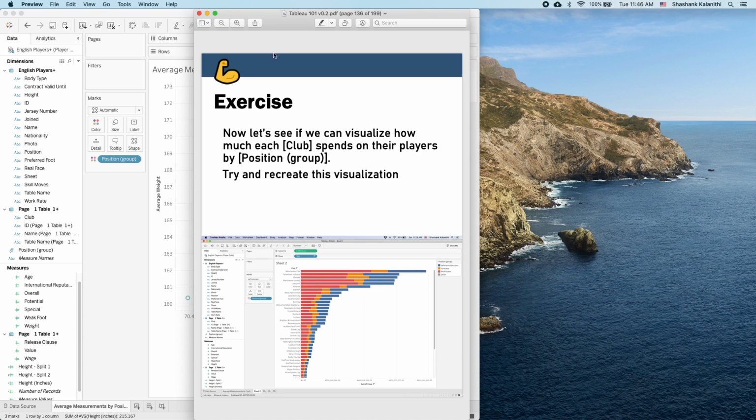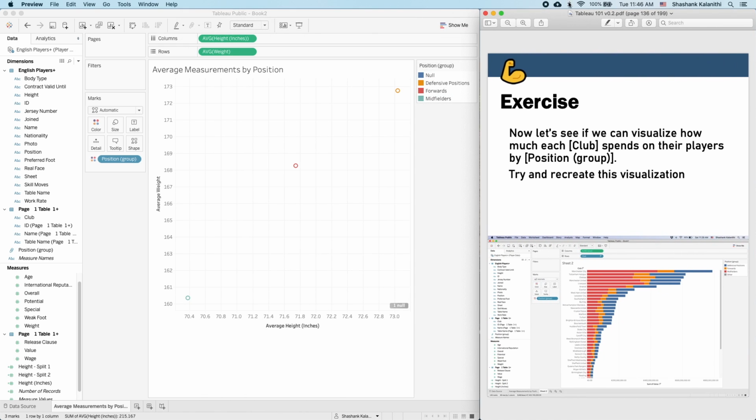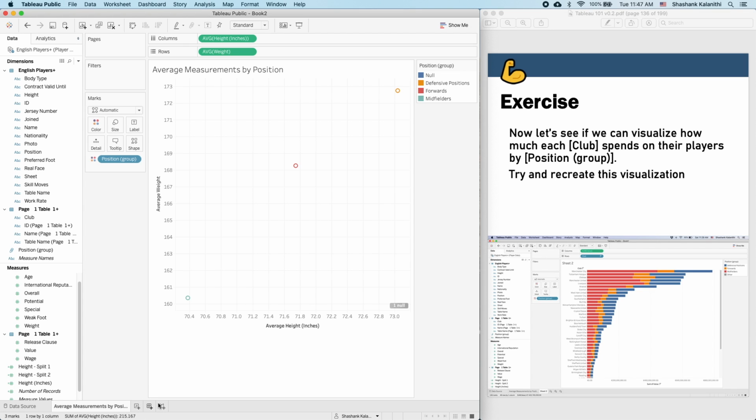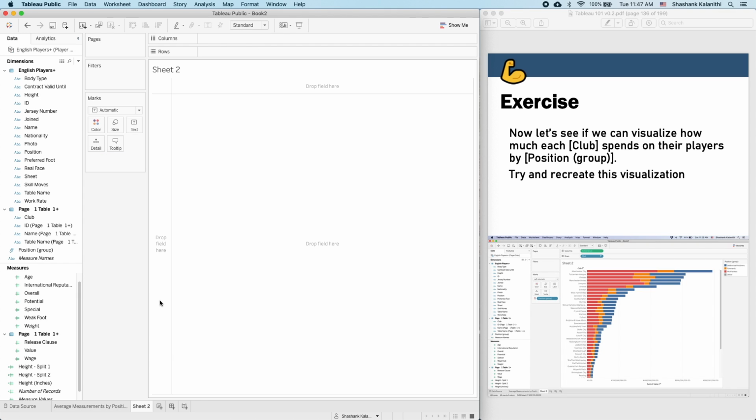All right, so let us see if we can recreate the visualization. What we're trying to do here is see how much each club spends on their players by position group, these position groups that we made over here. So let's create a new sheet,